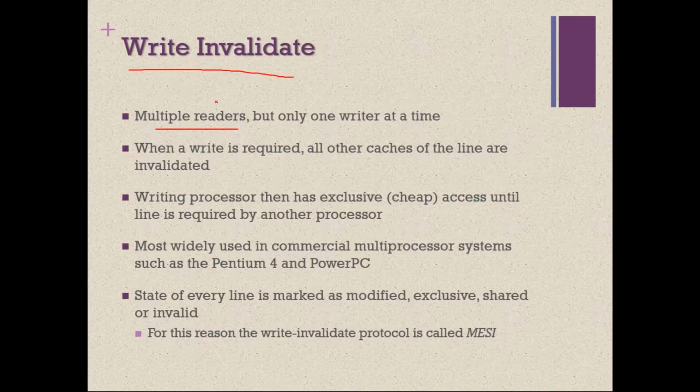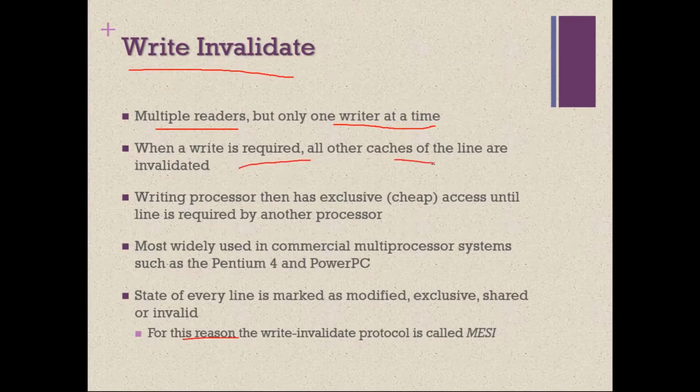So a particular copy of data or a particular line can be present in multiple caches, but all these caches are only performing read operations. So reads can be multiple, that is multiple readers, but only one writer at a time is allowed. In a write invalidate approach, there can be multiple readers, but only one writer is allowed at a time. When a write is required,